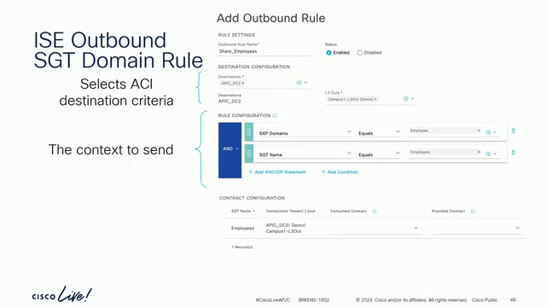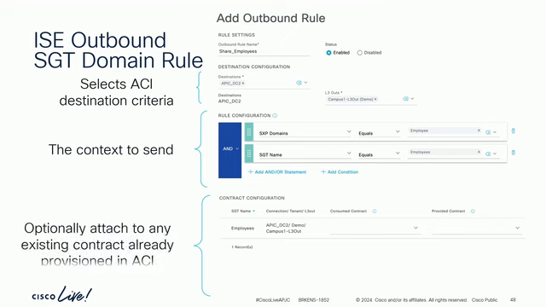And again, we configure conditions. What do we want to send? So we might want to send SGT domain employee, and what SGTs do we want to send? So this is how we configure what we send in this rule. But what is lovely at the bottom is that if we send this new group to APIC,